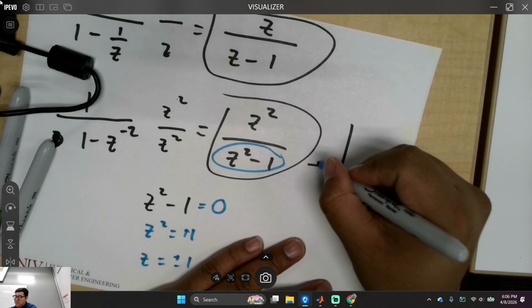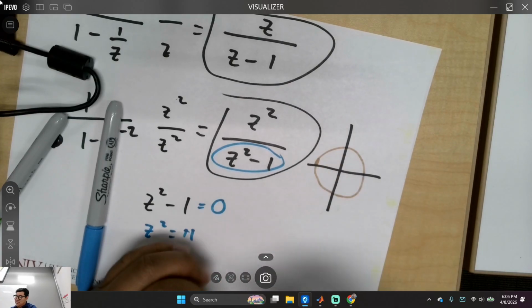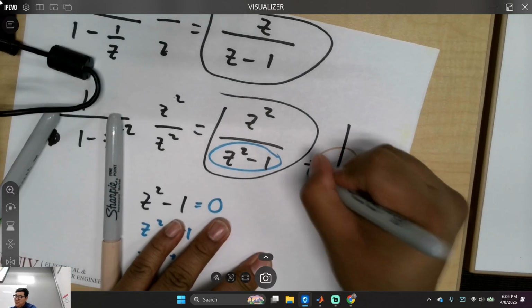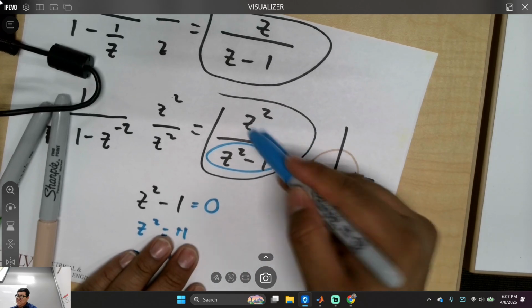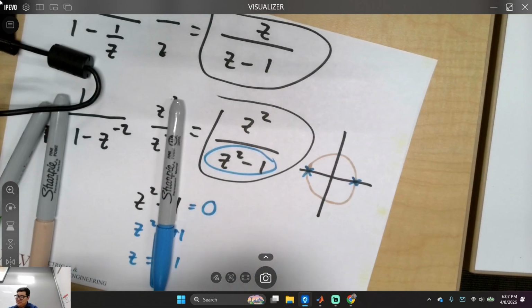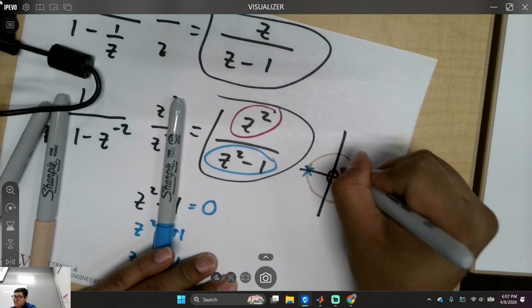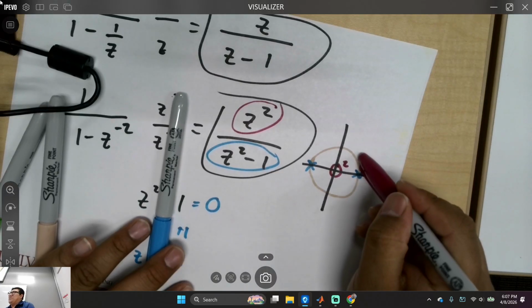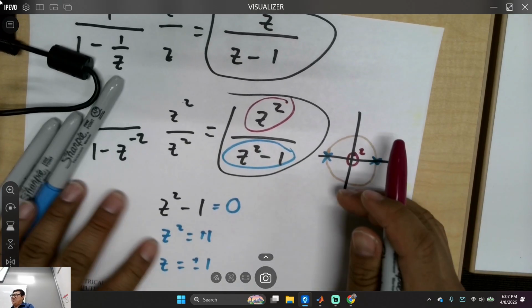So if I were to draw my unit circle again, right? Like this, right? So I have a pole here, 1, 1, right? Is that cool? And then where's my zeros? 2 zeros. Is that a cool filter? What's the frequency response going to look like? You guys want me to show you a trick?